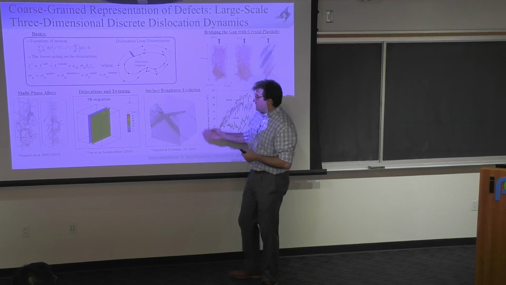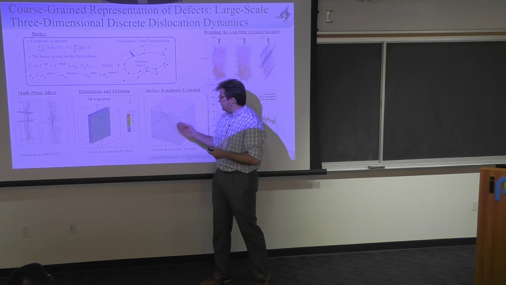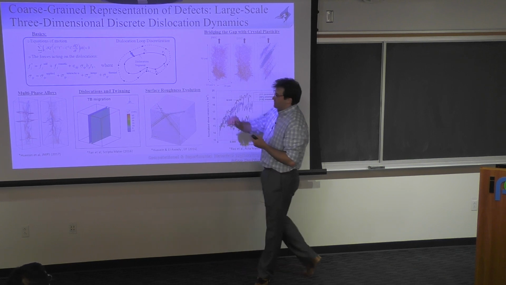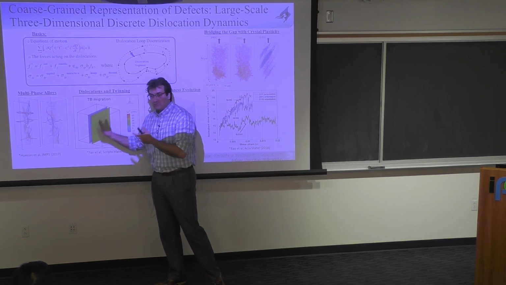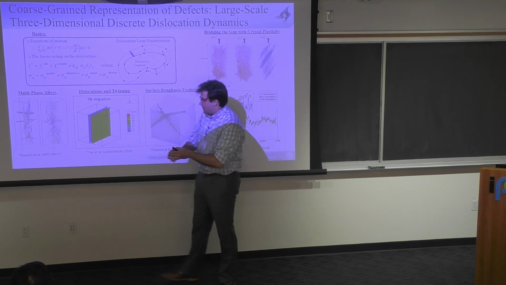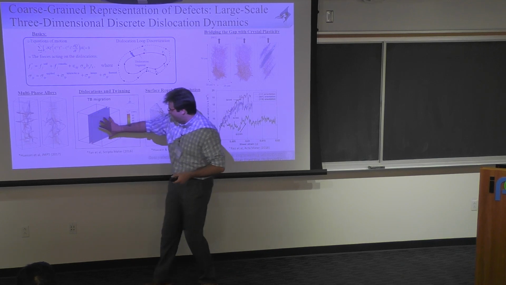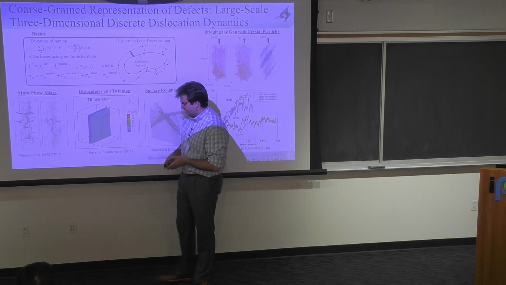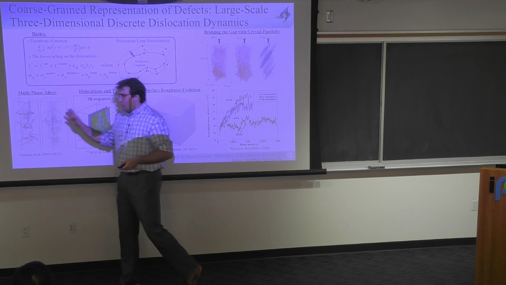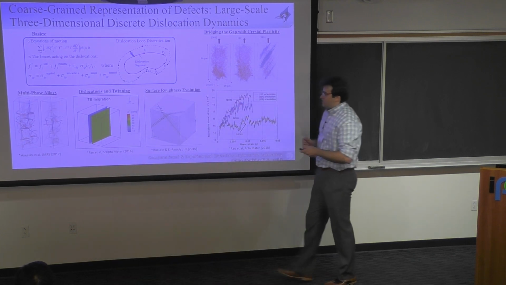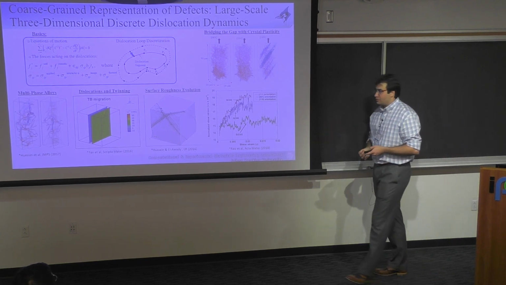You could do a lot of more intriguing things, like looking at surface roughness. If you have a surface as the dislocations exit, you can predict the steps that are forming on the surface. If you have boundaries and interfaces, you can model that. So this is a case where we had twinning in magnesium, and you can look at dislocation twin interactions, only showing you the twin boundaries and how they're evolving due to the dislocation interactions with those boundaries. You can look at multi-phase alloys as well. So there's a lot of unique tools here and a unique set of analysis that you can build into these models.